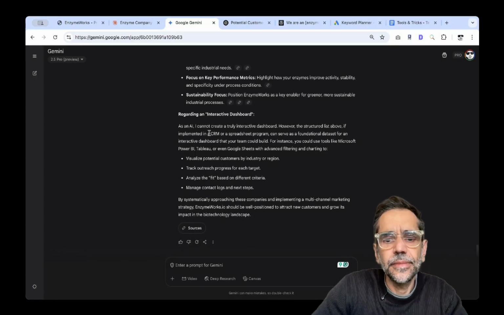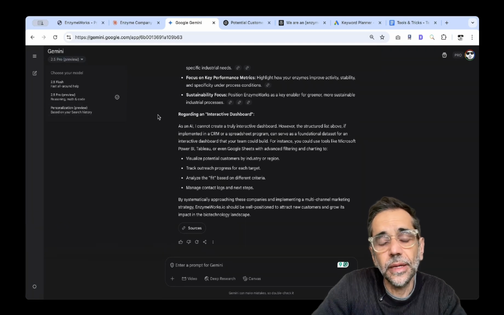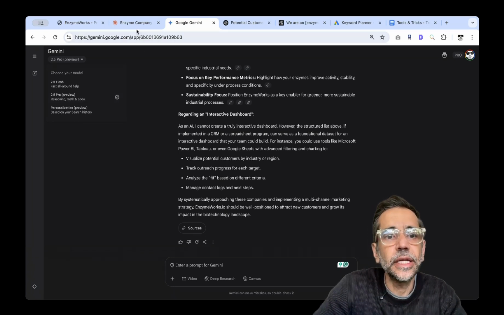Okay. It talked about a little bit, as I know I cannot. Okay, it's fine, not a problem, because we can go into Notebook. We can go to other tools where we can actually generate that in other models. I just selected preview because I wanted the reasoning behind it. Now let's see